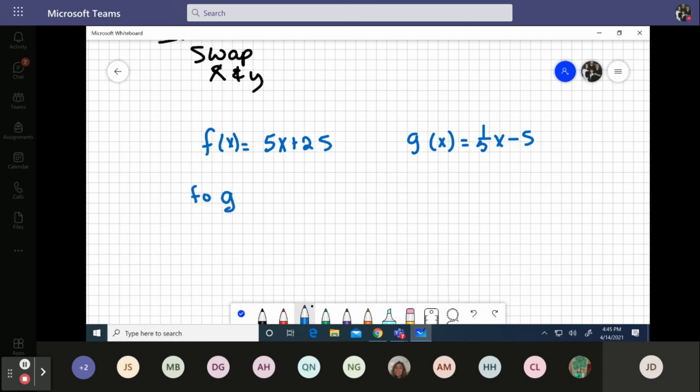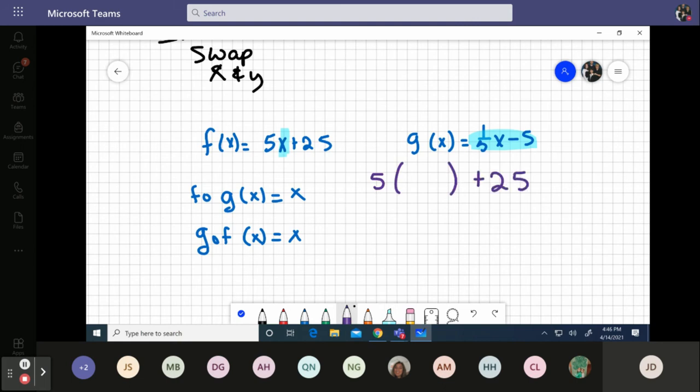Remember, f of g, excuse me, has to equal x, and g of f has to equal x. So for f of g, I have to insert 1/5 x minus 5 for that x. So 5 times